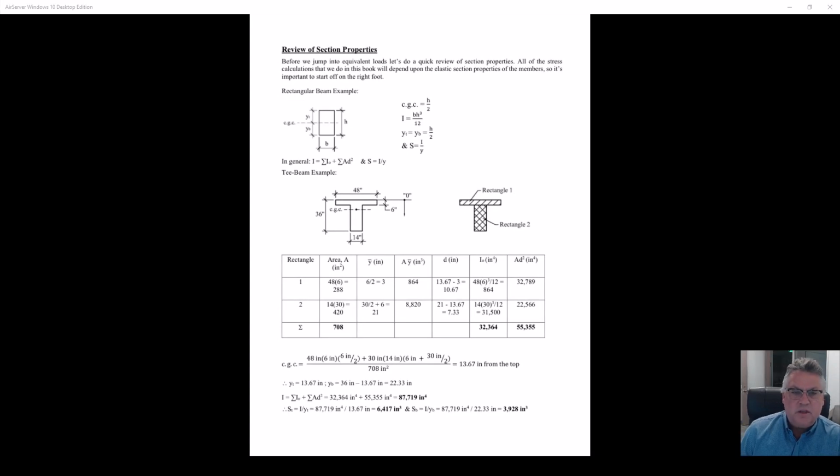Okay, I'm not going to spend much time on this, but in your first homework assignment, I am asking you in a variety of sections that I've given you to come up with the section properties. Again, that's because half of our design is based upon elastic behavior. We're trying to limit the stress to cracking or below in tension. We have compression limits, but any good design should be well below those. That's just an academic thing. But this is what you're going to want to follow. I'm not going to go through it, but just to refresh yourself on how to calculate elastic section properties.